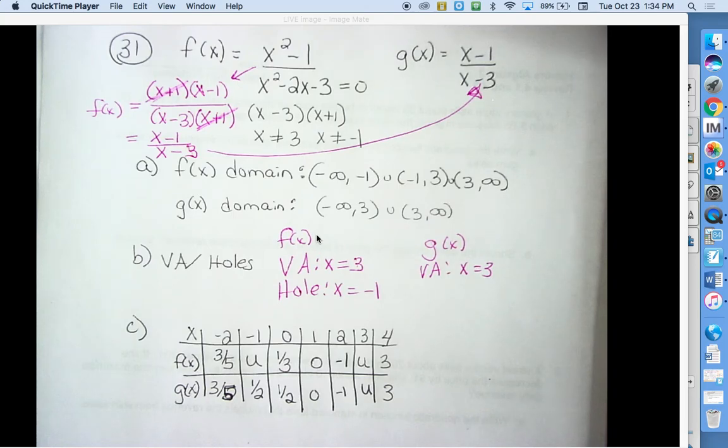So as I said, 29 was very similar to that problem, except 29 ended up being a line when you graphed it. So I want to talk about 48 as well, but are there questions with the difference between a hole and an asymptote? So if you look at 48,